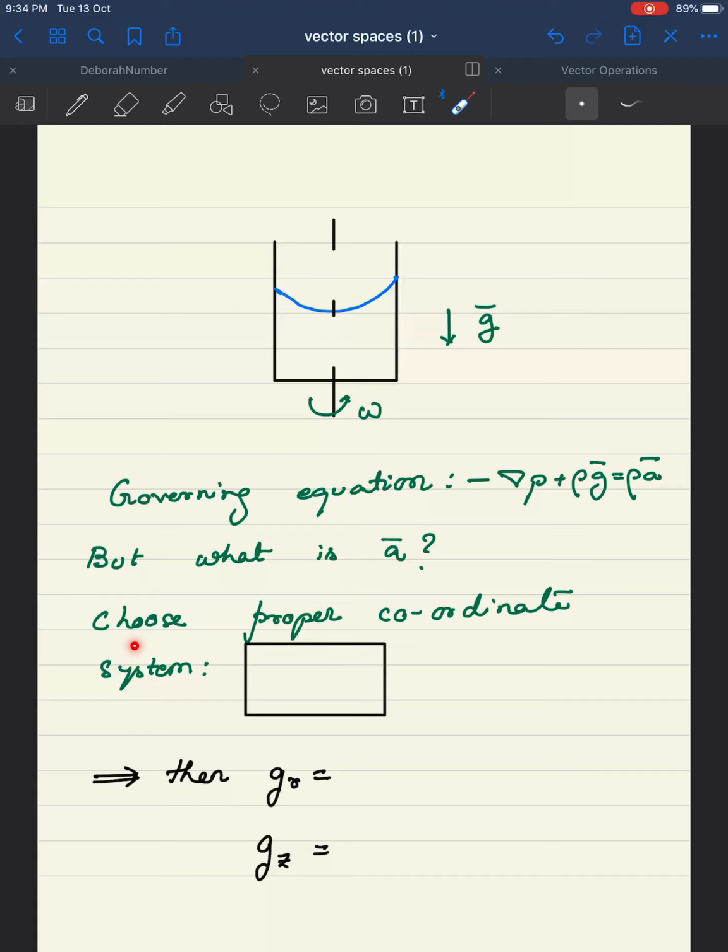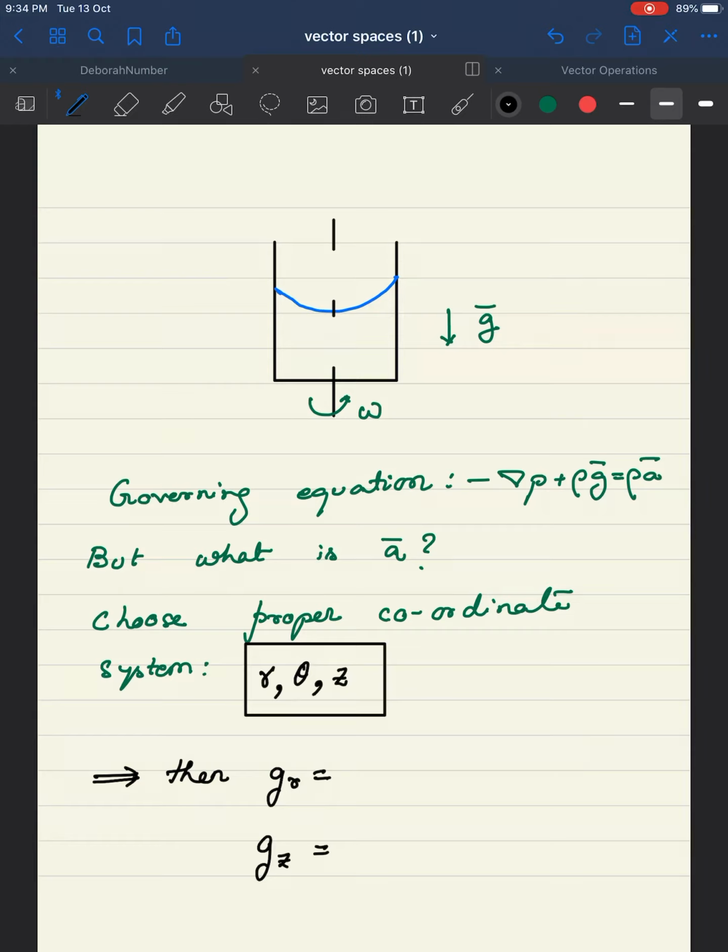But before we find out what A is, and write down this expression in a little more detail, we have to ask ourselves what is the right coordinate system for our case. Is it the XYZ coordinate system, or the spherical coordinate system? Is it the cylindrical coordinate system, or some other? Well, it's sort of obvious that you have to work with the cylindrical coordinate system. So we will denote the 3 coordinates as r, theta, z.